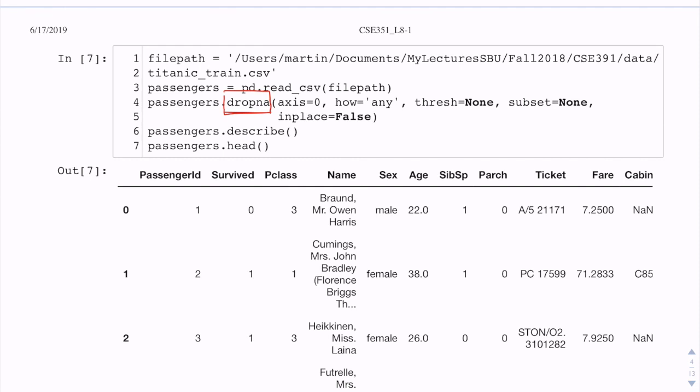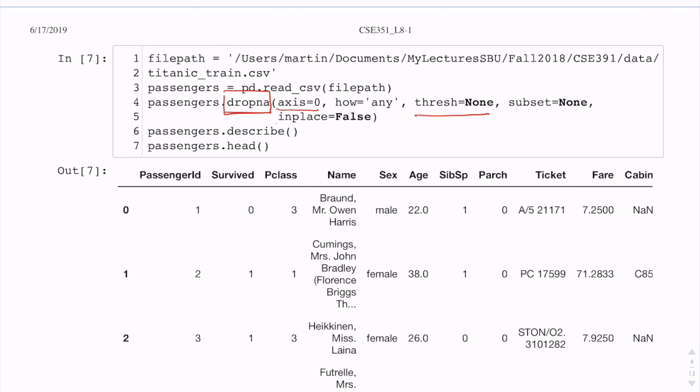For instance, if I want to drop the rows, I set the axis to 0. If you find any, if you find even one missing value, drop that row completely: you set how to any. If you want to set a threshold, say if there are n missing values in that row, you can use thresh. Or you can set a predefined subset,